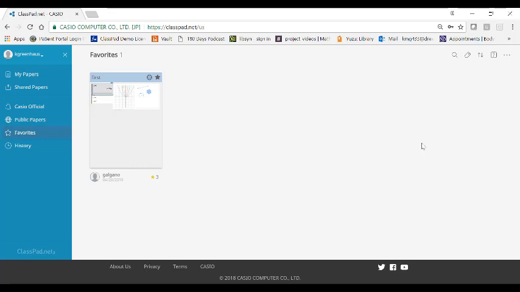Again, we just started this, so there's not that many things out there yet, but you can click things that are your favorite. You can search by topic area, and you can save things in your own area to look at later and use later. Everything that is made public becomes public domain, and we can all use it and share it. So that's a brief overview of how to manage your papers, how to decide whether and how you're going to share, how to sort, and how to get rid of some papers that maybe you don't want.